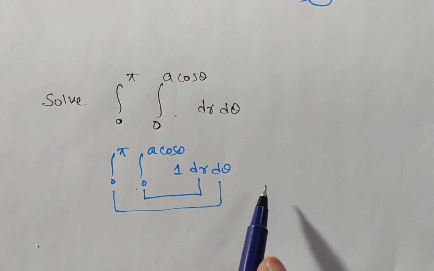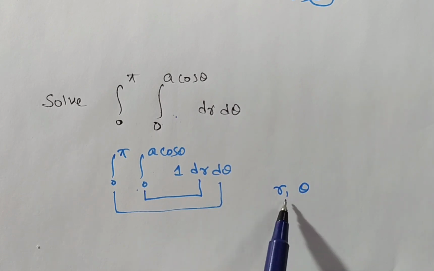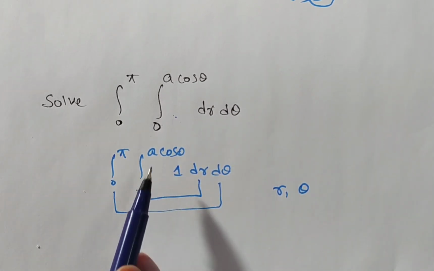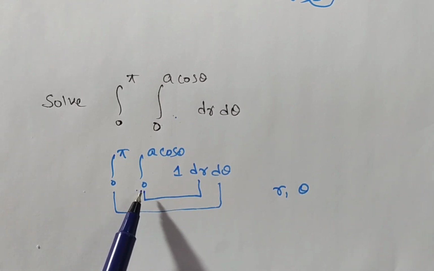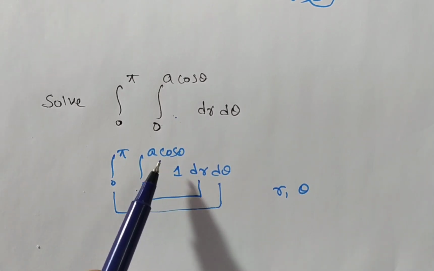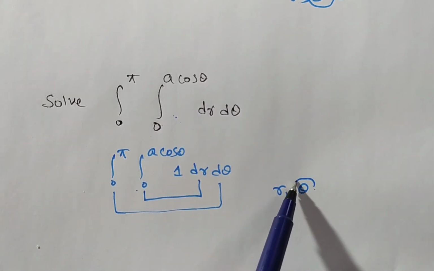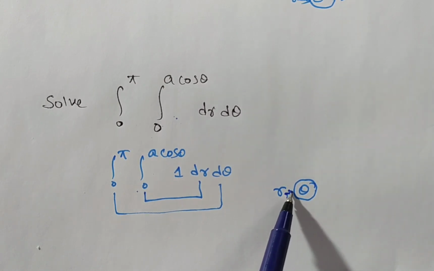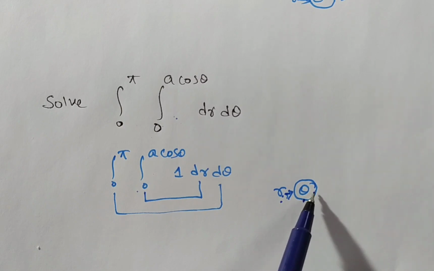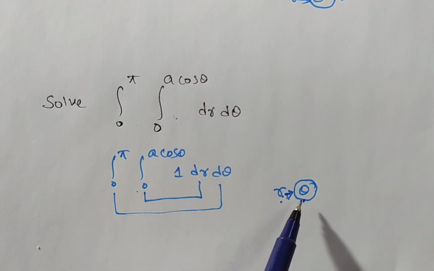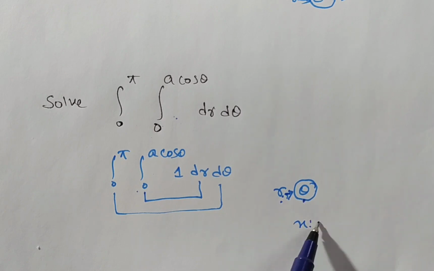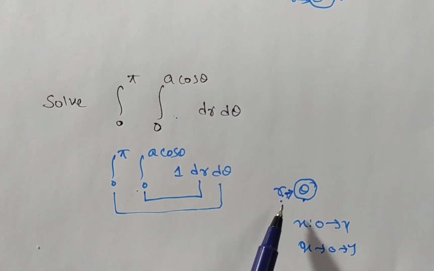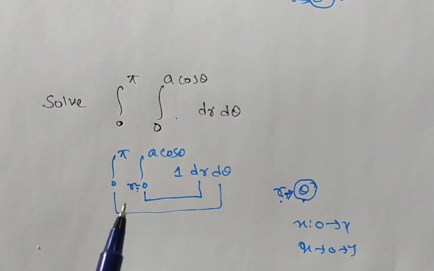Otherwise, in the second case, for r comma theta we need to find out the limits of r and theta. So you have to guess which is r or theta. How can you guess? Here you have a lower limit 0 and an upper limit a cos theta. So this is a function of theta, meaning r is in terms of theta. So the theta limit should not be in terms of theta. You can't say x is from 0 to x, but you can say x is from 0 to y. Yes or no? So similarly r is a function of theta. So this is the limit for r, and obviously the remaining is the theta limits.